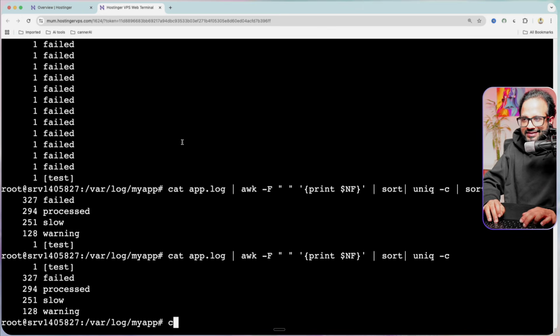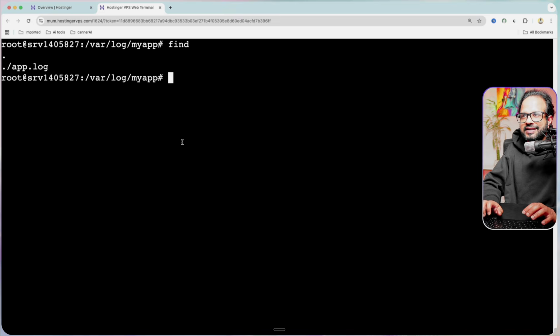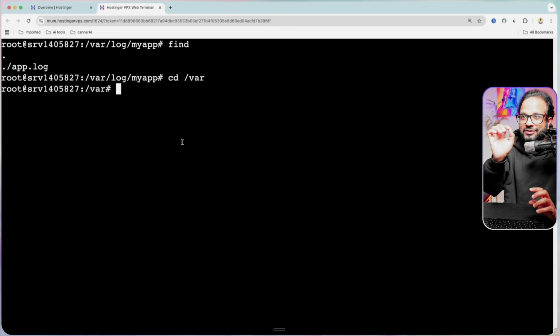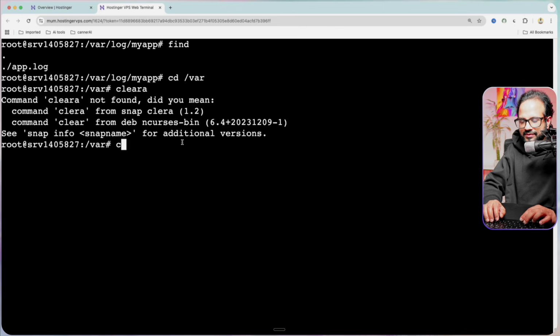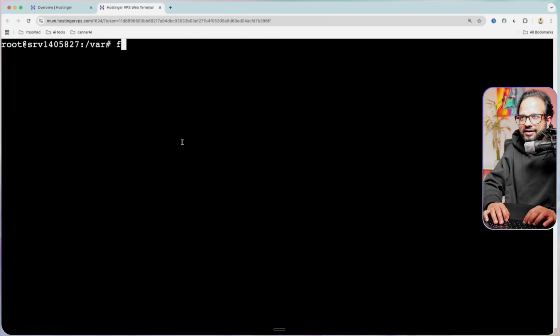The next command is find. Find is used, like the name suggests, to find something. You need to find some pattern, some values. Let's say I go to /var and I want to search for this specific app.log. So let's clear the screen. find . -type f. I want to find a file type. If I want to find a folder, then I need to use d. d is for directory. So -type f -name